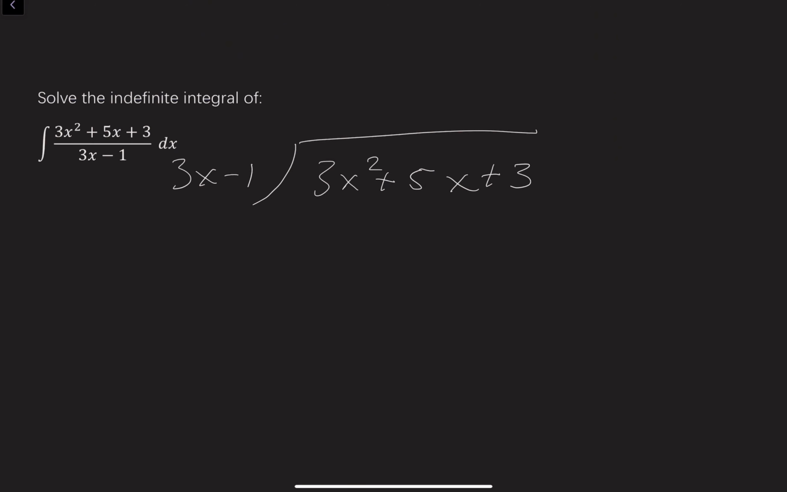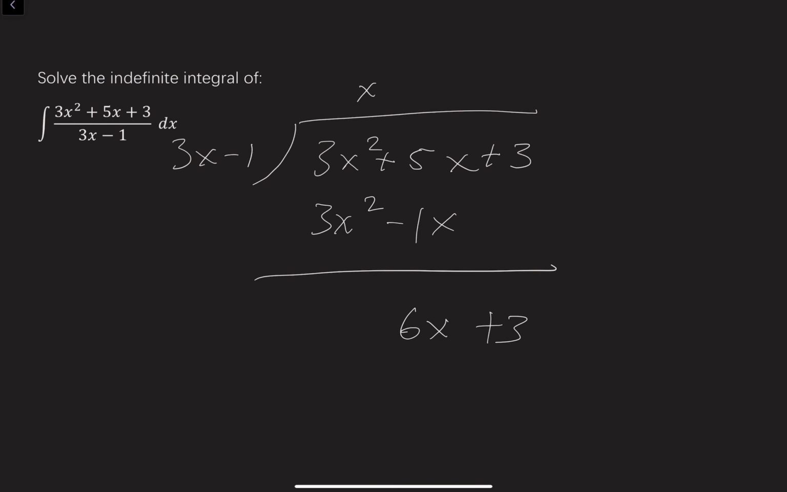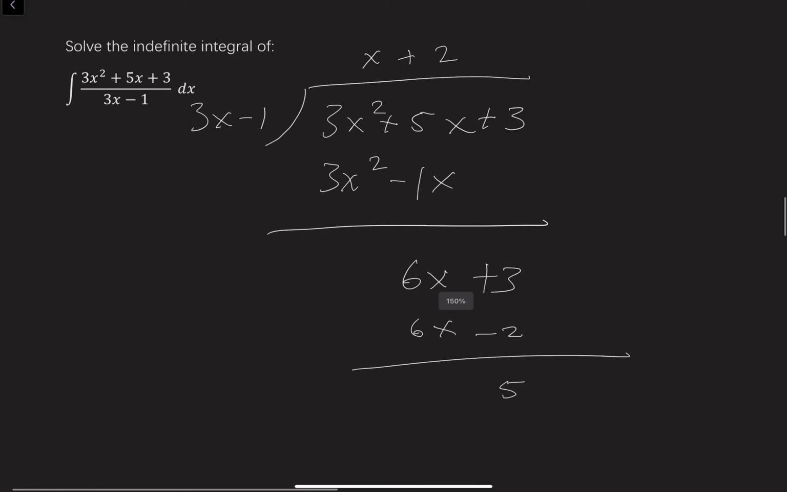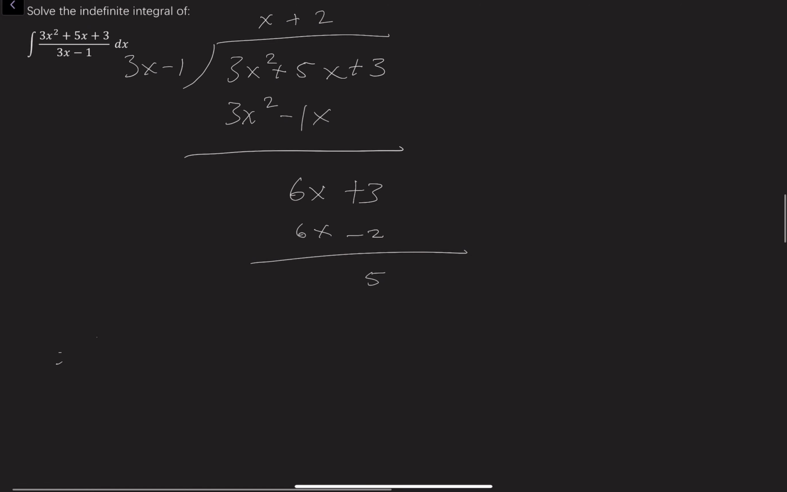Let's see what we do here. We can multiply by x. So we get 3x squared minus x, minus 1x actually. So that's 6x plus 3. And we can do x plus 2. So that's 6x minus 2. That gives you 5. So this integral gives you the indefinite integral,